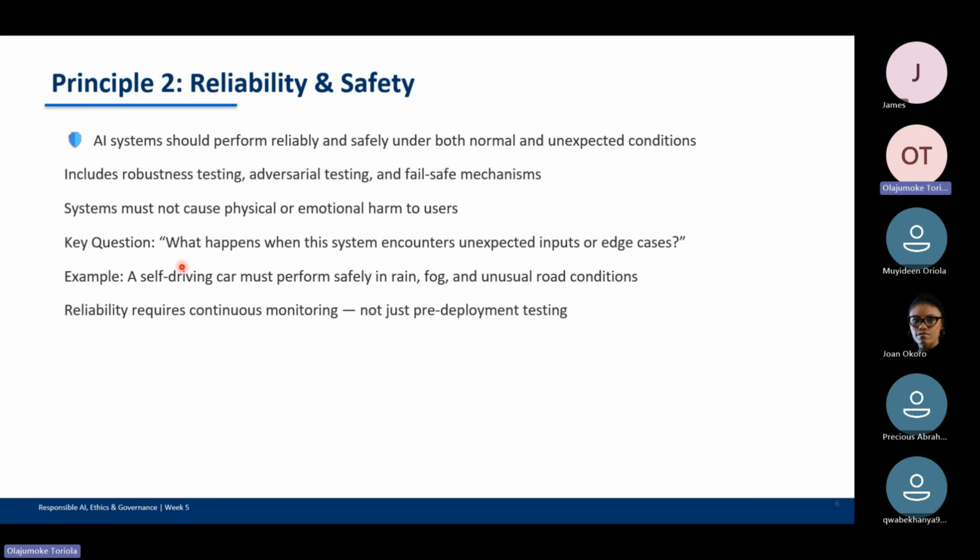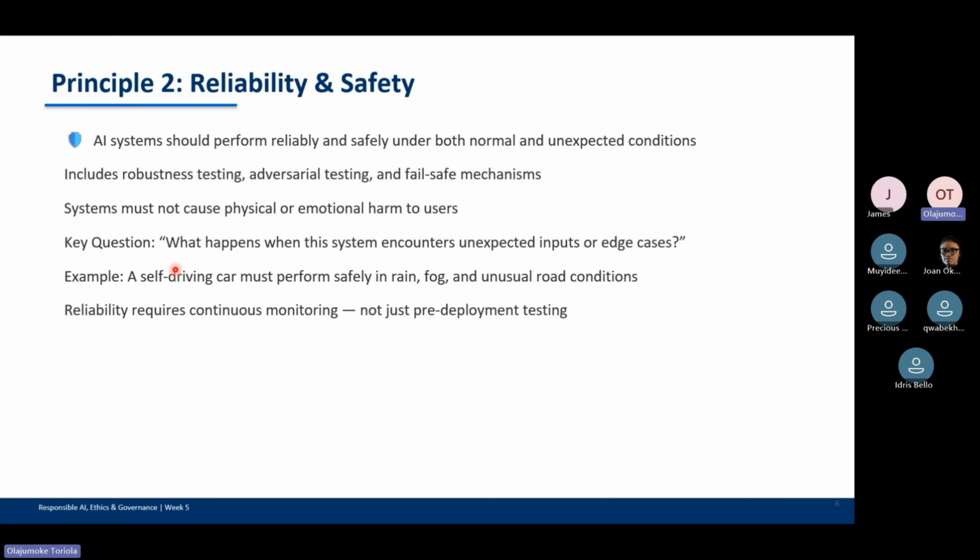So you can think about a healthcare AI. What happens if a robotic system is performing a robotic operation, and then it misses? What do you think is going to happen to the life of that person? A failure isn't just an inconvenience. The truth about it is that it can be dangerous.